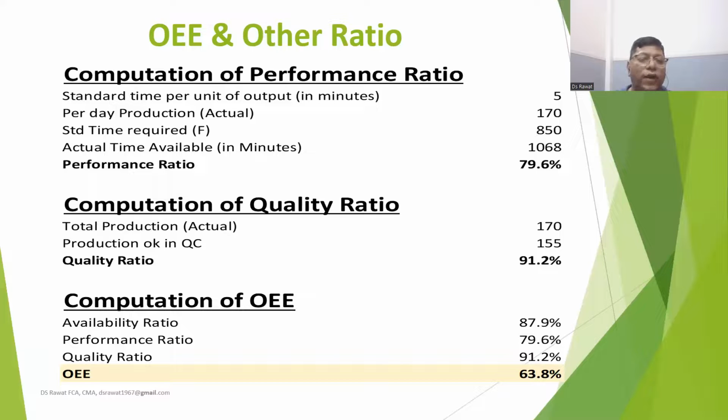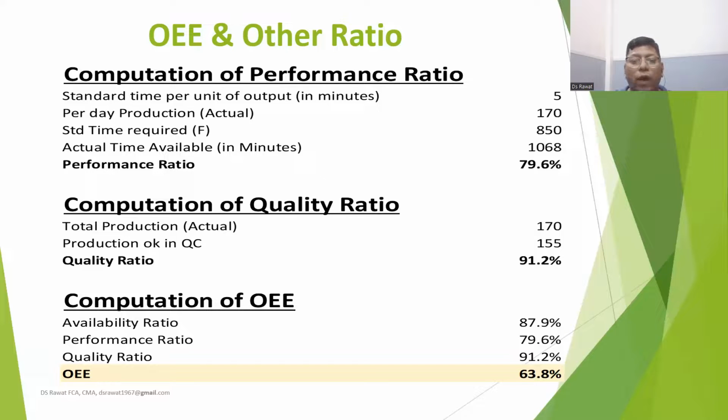Then the quality ratio will be 91.2%. And if we compute the OEE, which is availability multiplied by performance ratio multiplied by quality ratio, then it is